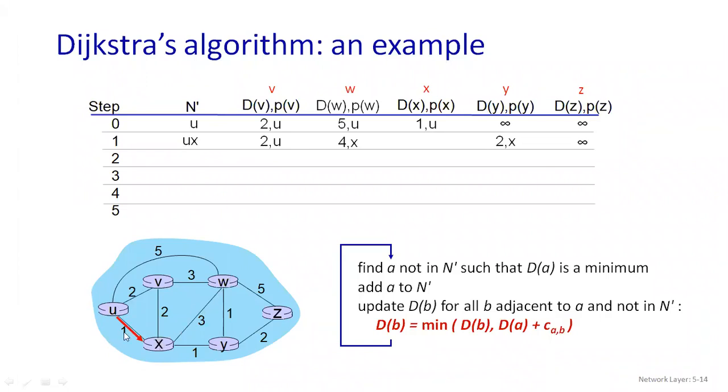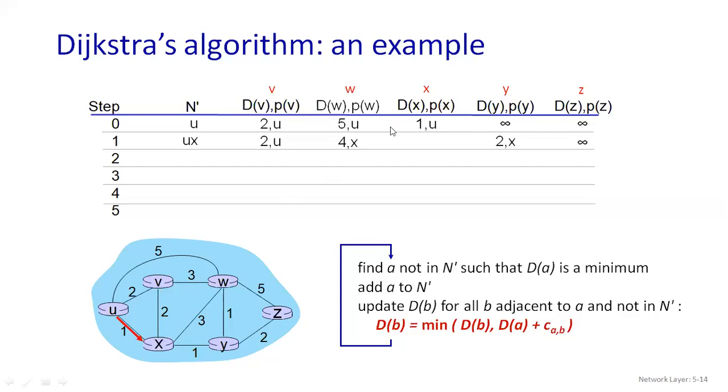So what is the distance now? Here it is 1, here it is 3. So you have this 4, okay? Through which node has W been connected? The previous node will be X. You can see here W is not connected with U, so I cannot write U here. But V was connected to U, so I have written U there. Here W is not connected to U. Which one is it connected with? With your X. So I have written 4 comma X.